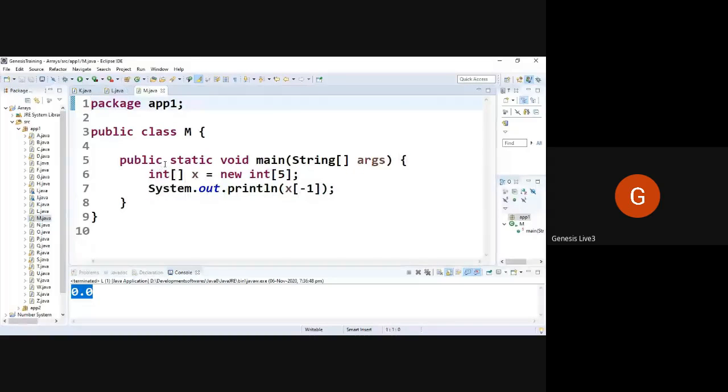Come to the next program. So -1. What is the exception we get? Array index out of bounds exception or any other exception? Any guess? Array index out of bounds exception or negative array size exception? See, we get array index out of bounds exception, not negative array size. Why? Because while I'm specifying the size,